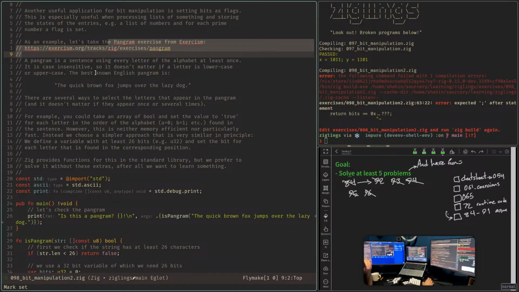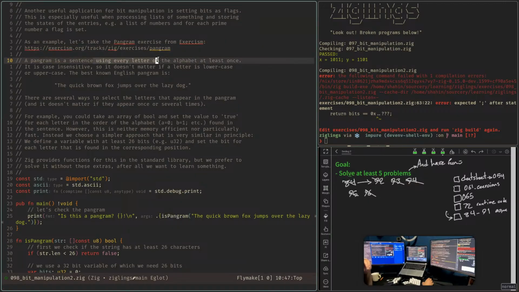A pangram is a sentence using every letter of the alphabet at least once. It is case insensitive, so it doesn't matter if a letter is lowercase or uppercase. The best known English pangram is the quick brown fox jumps over the lazy dog. There are several ways to select the letters that appear in the pangram, and it doesn't matter if they appear